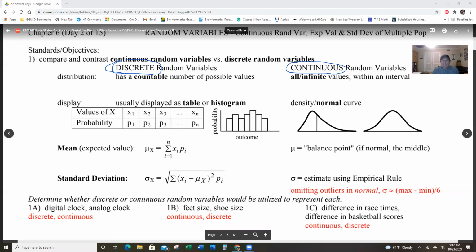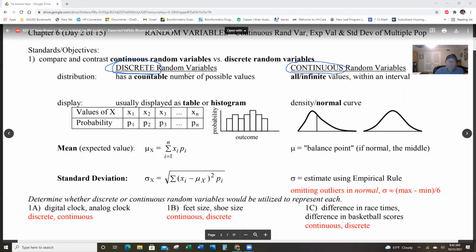The one I always think of is when you're driving on the freeway, everyone's driving between 60 and 80, but no one's going the same speed. It's a continuous variable because there's so many decimals. I'm going 75.4356 miles per hour. There's just an infinite number of values on that. Height is another one. Everybody's a slightly different height if you go out to enough decimal places.